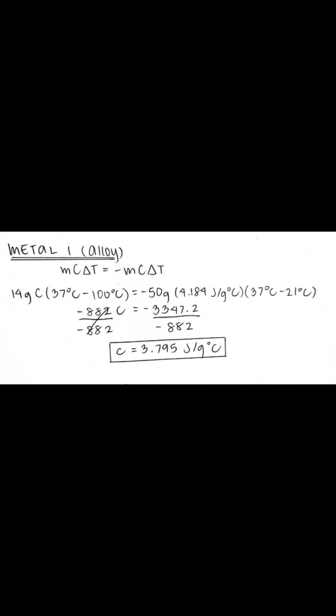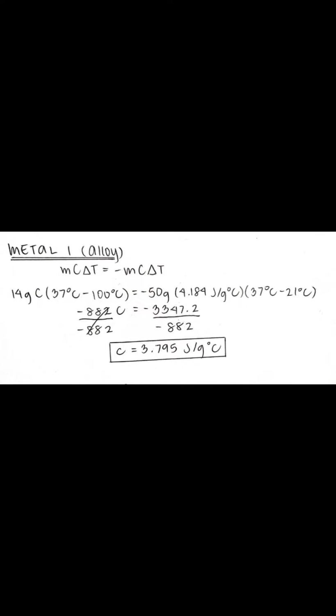Today, this is the metal one of group 6, which is alloy. We have here a formula, MCΔT equals negative MCΔT. We have here 14 grams of alloy and a quantity of 37 degrees Celsius, which is the maximum temperature of our alloy, minus 100 degrees Celsius, which is the boiling point of our water,